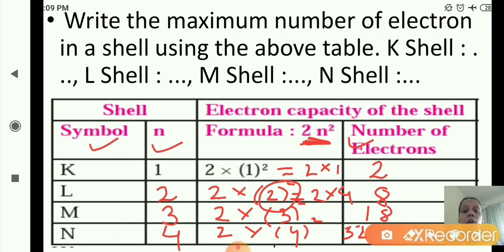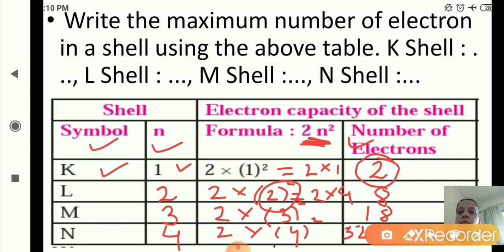It depends on the number of electrons. So now the symbols are given. First is K shell. It is the first, which is closest to the nucleus. Ordinal number for K shell is 1. Now we will use this formula to find out the electron capacity of the shell. 2n square, 2 multiplied by n, we will put the value for n. N is what here? 1, for the K shell. So 2 into 1 square. 1 square is 1. 2 multiplied by 1, that is 2 ones are 2. So the number of electrons in K shell is 2.